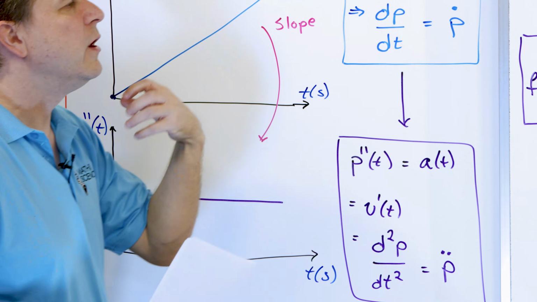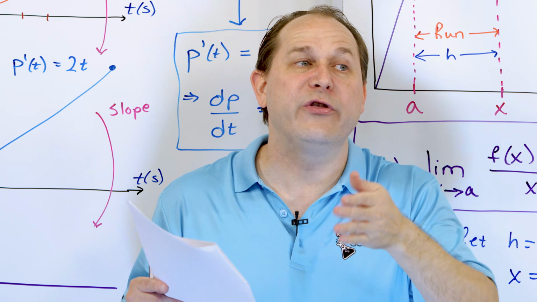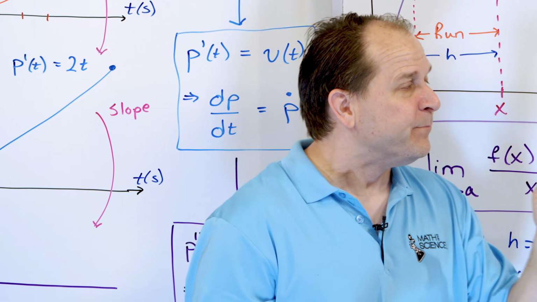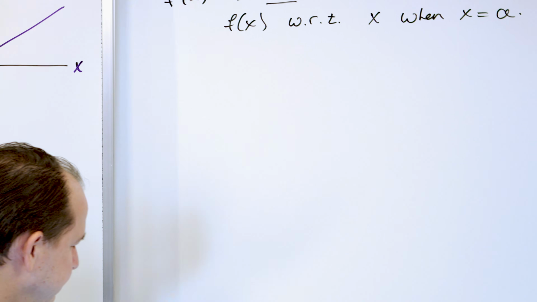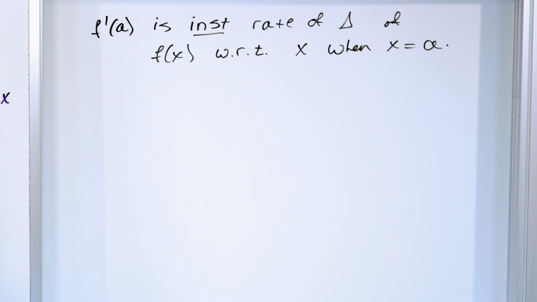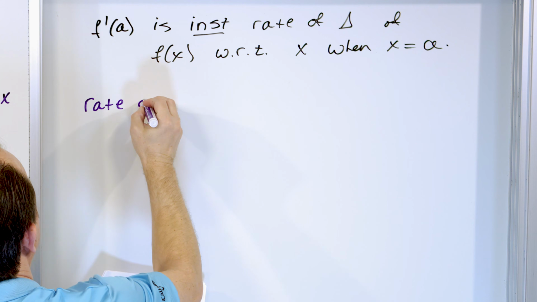And so in order to take a derivative, you have to study something with respect to something else. Usually it's time or space. So I want to give you a couple of more concrete examples about that before we jump off. When I say rate of change,